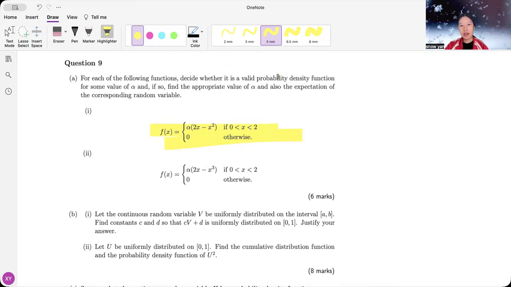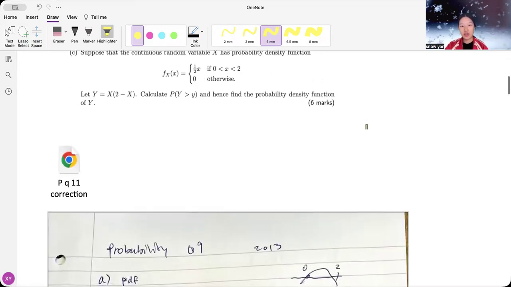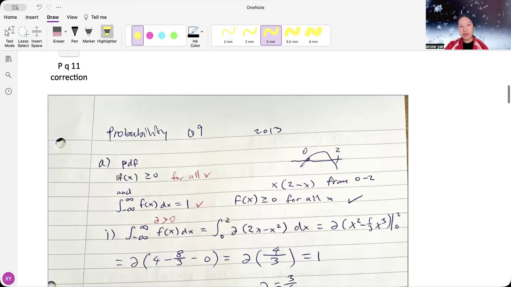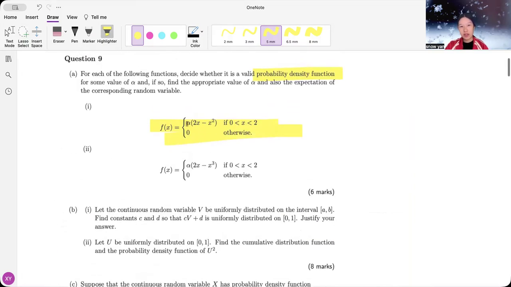For checking if it's a valid PDF, there are two main conditions that we need to test. The first is that f of x is greater than or equal to 0 for all x, as well as the fact that the integral from negative infinity to infinity should equal 1. So in part I, we have a function alpha